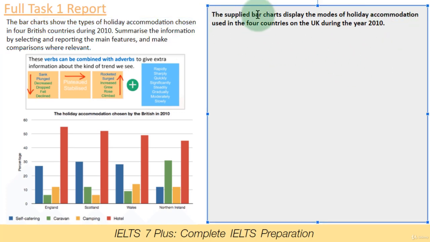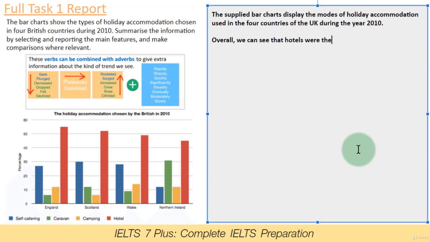Let's read this back. The supplied bar charts display the modes of holiday accommodation used in the 4 countries of the UK. Good job, I'm editing. Of the UK during the year 2010. Perfect. And now onto my overview. Now, one thing I refuse to do is to change my overview opener. Overall, comma. I really do like using this. Overall, we can see that. I can pretty much always start my overview with this. Overall, we can see that